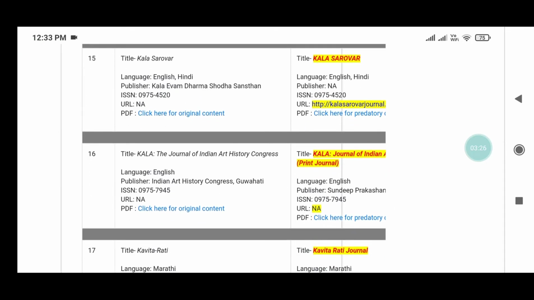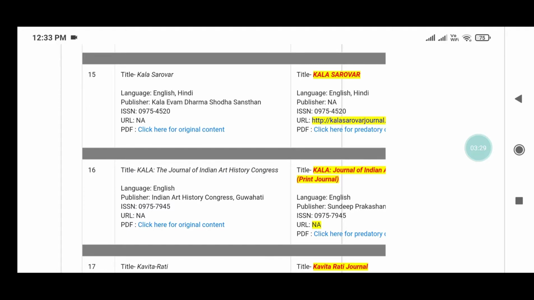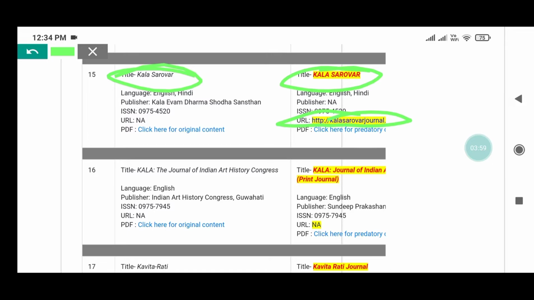These are some journals, and this is the Kala Sarovar. We all know about the Kala Sarovar journal. Many editors are saying we will publish your paper in the UGC CARE list. So sorry, this is the real journal and this is the fake journal. And how do you find out? This is written in small letters and this is written in capital letters. And apart from this, the URL is not given in the original journal, but the URL is given in the fake journal. If you want more detail, please write in the comment box. I will give the detail on how you can check whether it is authentic or a clone journal.